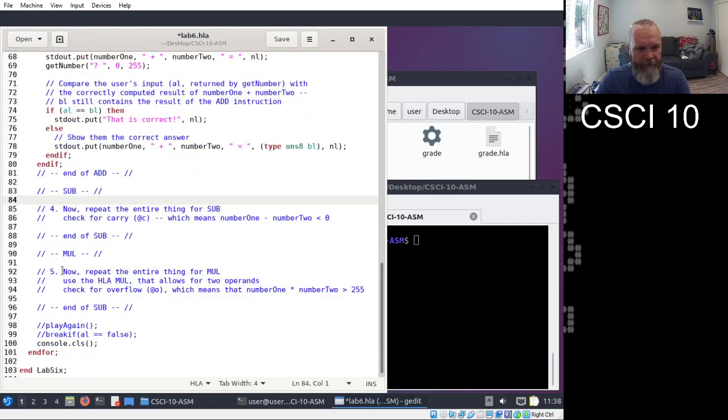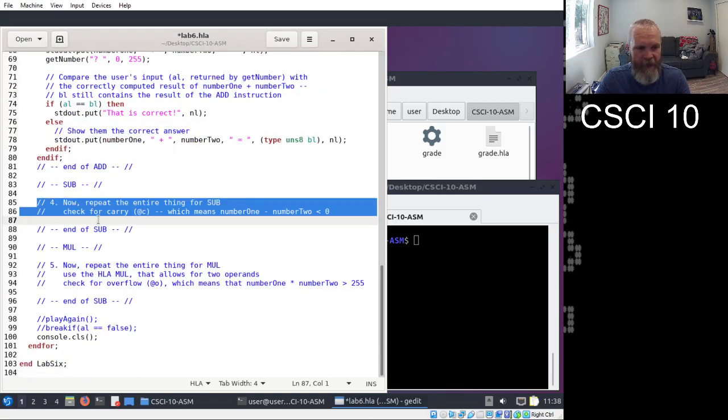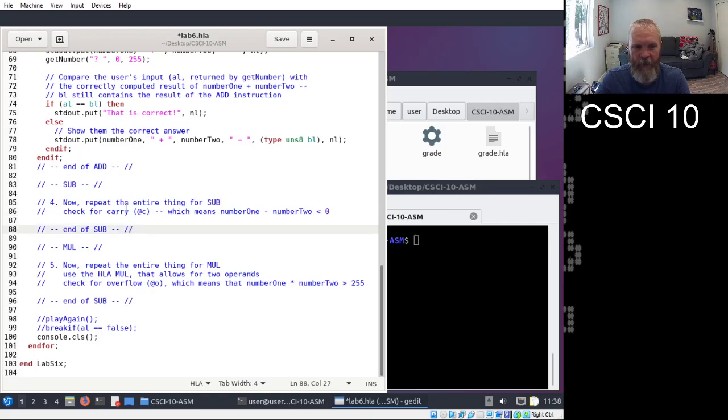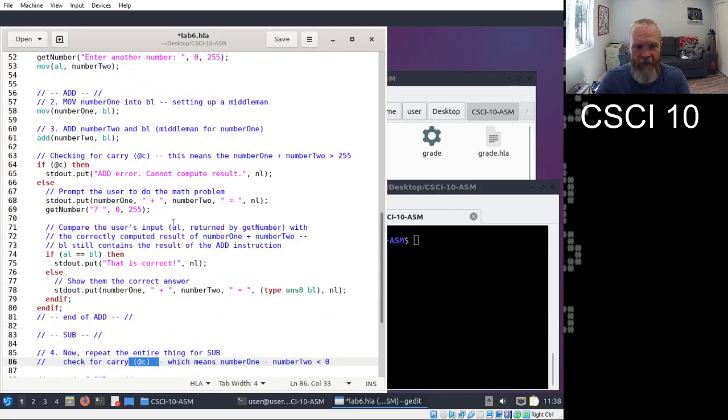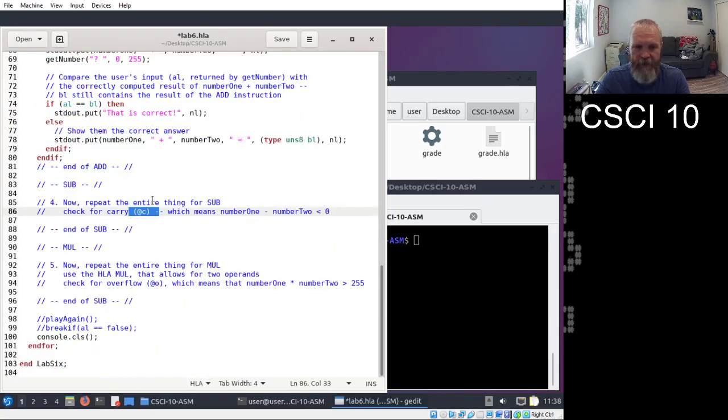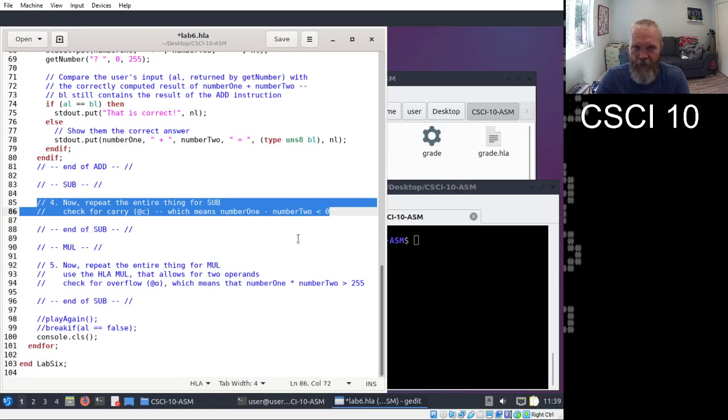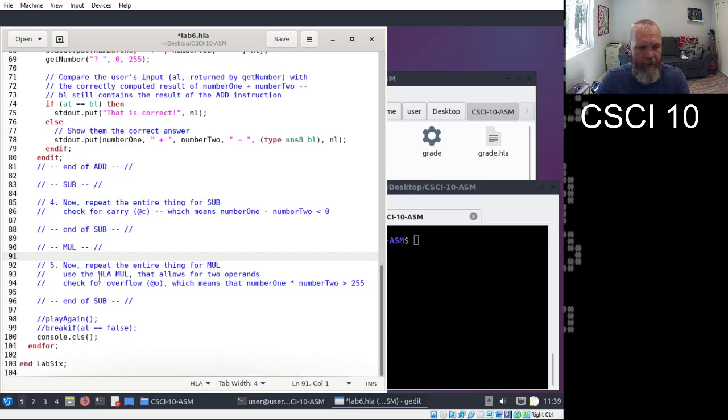There's a sub one. So all it says for the subsection is now repeat the whole thing except for doing sub. You will still check the @carry bit. So it's going to be very, very similar to add. So I'm not going to do that one. I'll leave that one sort of for your main new challenge. What time is it? Okay, we're still okay on time. I will do a little bit of mul.